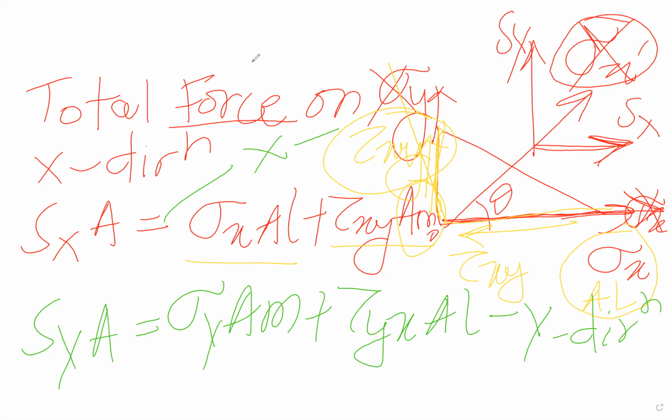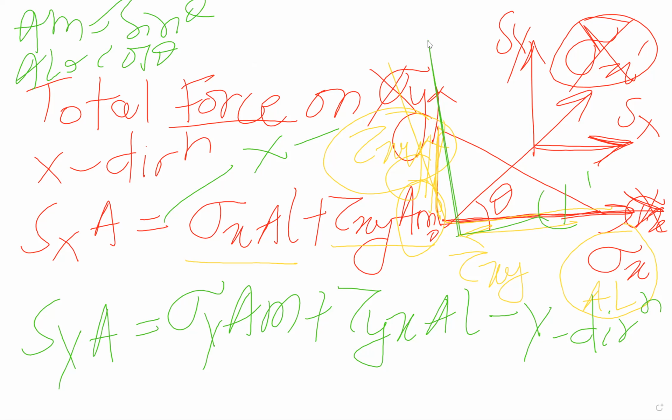So again, if you put A in place of AM, we know that AM is equal to sin theta, and AL is cos theta. We have known before that AL is cos theta. Putting these equations here, this is equation 1 and this is equation 2. Remember these two equations. If you put all these values of m and l in those equations, I am writing the equations again here.